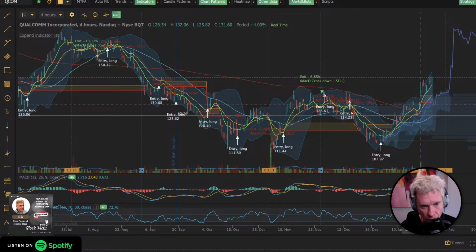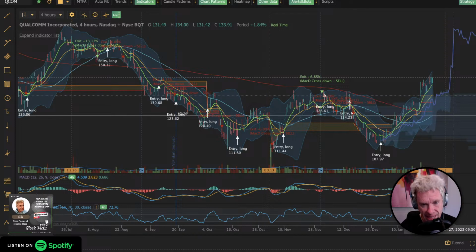Even with bad Intel earnings, which, by the way, took it on the chin. I thought the chips would be down, but it looks like Qualcomm's got a green candle. Qualcomm's earnings are coming up next week, February 2nd. Their ex-dividend date is later, March 1st. But that MACD is flying way up. The RSI is at 72. I would not get into this one. I think with their earnings, if they have anything to say that's similar to Intel, which they might, but probably not. Qualcomm's just a much better run company.